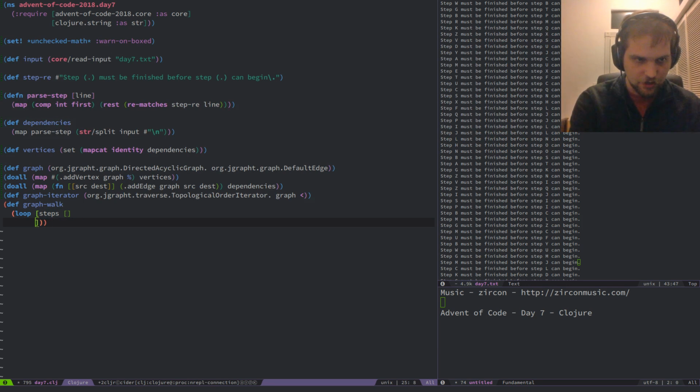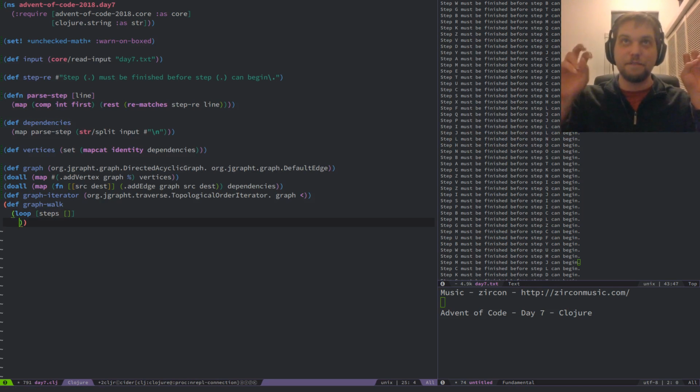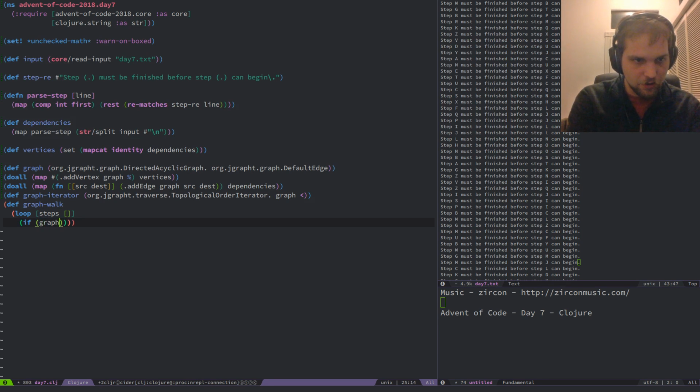Nah. This'll work. This is kind of a clumsy way of doing this, and it's not functionally idiomatic, but we're working with objects here. We have Clojure, so we have our interop. I'm going to use it. So, if graph, oops, I should be clear here, dot has next.